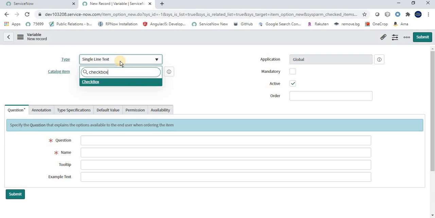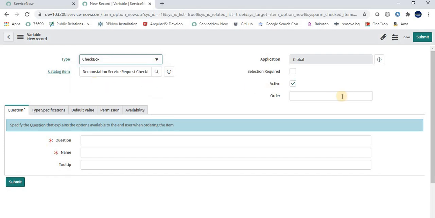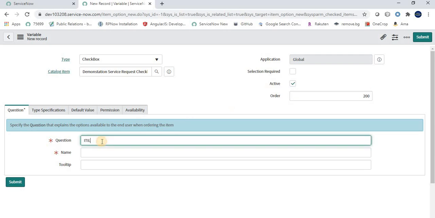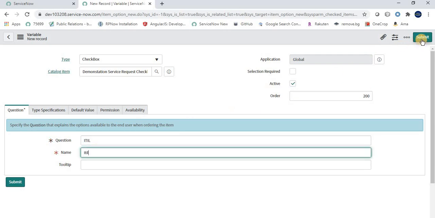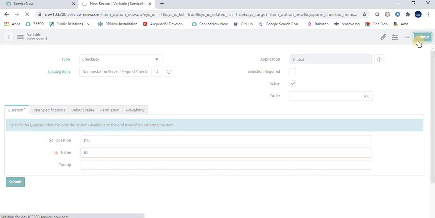In a service catalog item we don't have any option to select multi-select checkbox in type, so we have to select checkbox only. Then you have to give the order. Here I am not selecting it as required because we will be covering that with some other thing. Okay, so here I am saying ITIL is the first option. Click on submit.